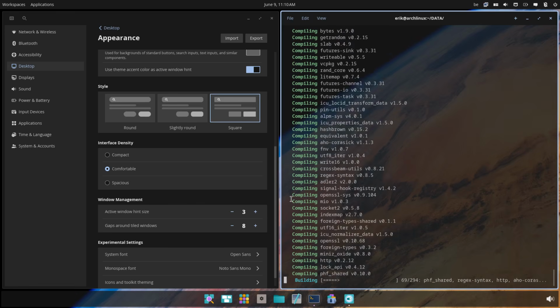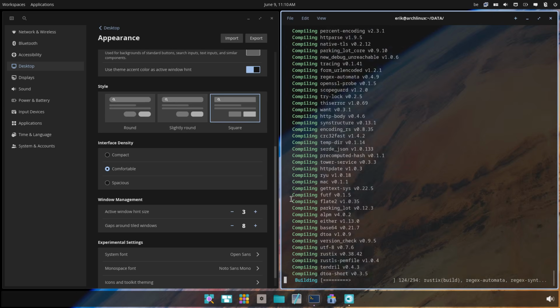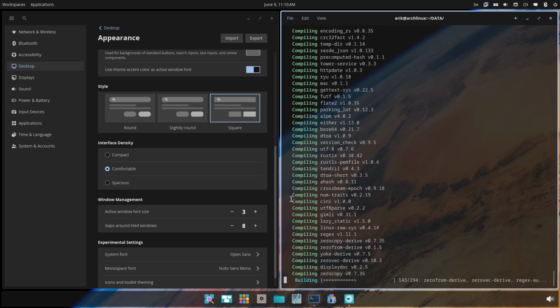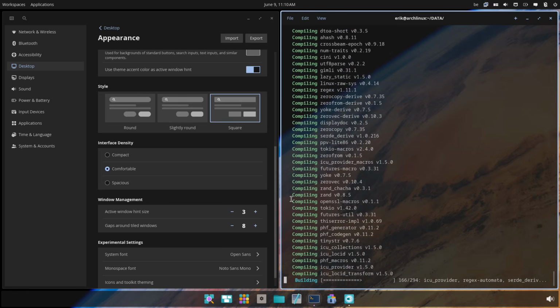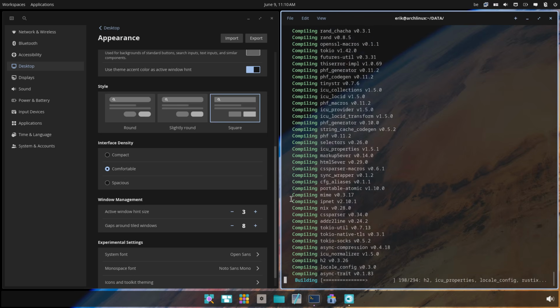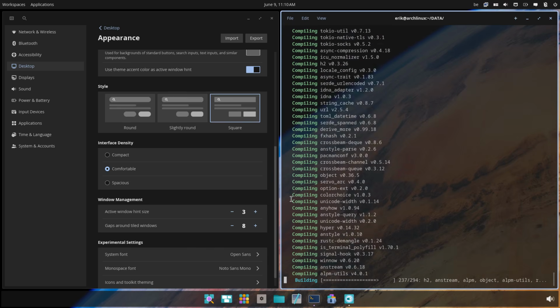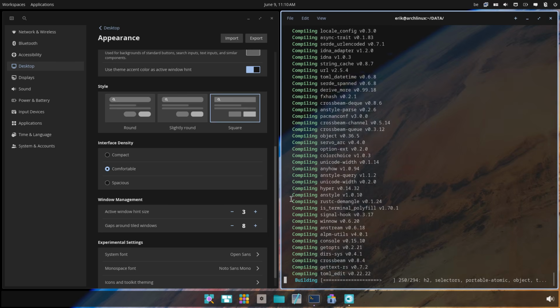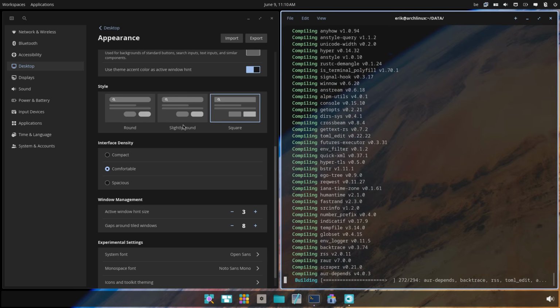As you see, it's going to be built as well, and this takes a bit longer, I think. Paru is always taking a bit longer than yay, but in the end, it's your choice. Now, while that's doing its job,